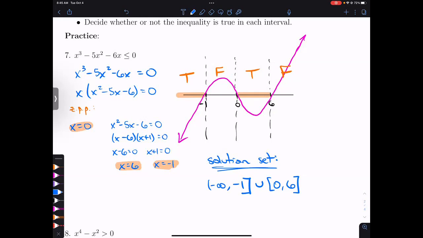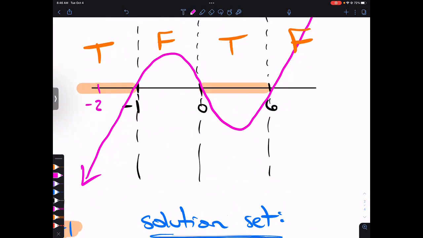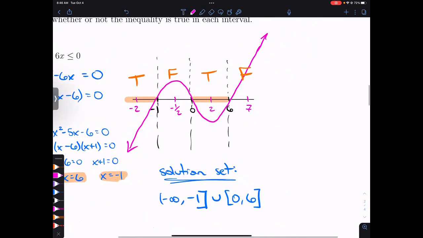Now, if you're more comfortable with the testing points idea than the graphing thing, that's fine, right? You can do that instead. You would need to test something from each of these 4 intervals, right? So you're going to have to use something like -2, -0.5, 2 and 7 or something like that. You could test those. You'll get the same result, right? You'll draw the same conclusion that you get something here that's true in that inequality, and false, and true, and